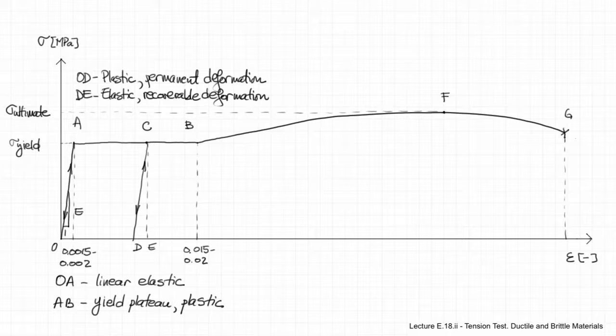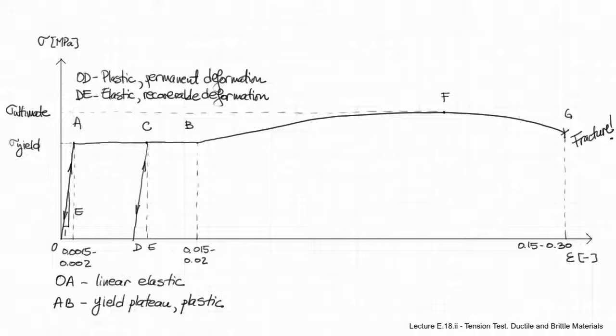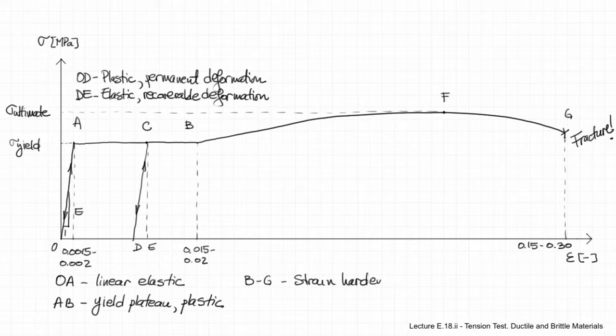The area between B and G is called strain hardening, or in other words, the material hardens because of the large strain that it's undertaking. At point G, at the end, the material will fracture at very large strains in the order of 15 to 30% of strain. Now, between F and G, you will see that there is a decrease in stress,